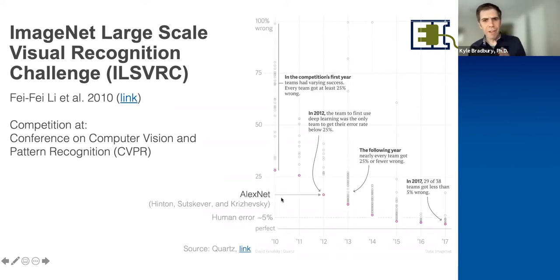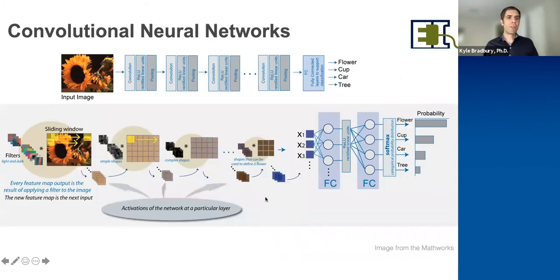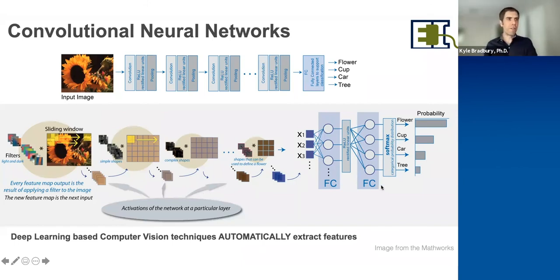But how did this end up? What is this all based on? Well, a lot of it's based on what's known as convolutional neural networks. What should be known about these is, unlike what we talked about with the flower example before, where we were thinking, we have to measure this petal width and petal length and sepal width and sepal length and extract our features manually, convolutional networks and deep learning techniques automatically generate informative features for the problem at hand. That's the magic sauce behind these techniques. So, they automatically extract those features for what we're doing.